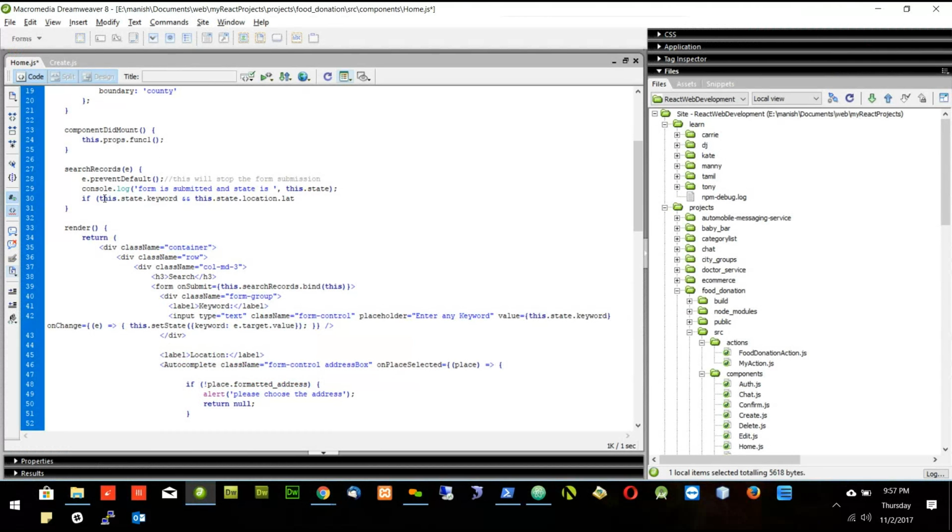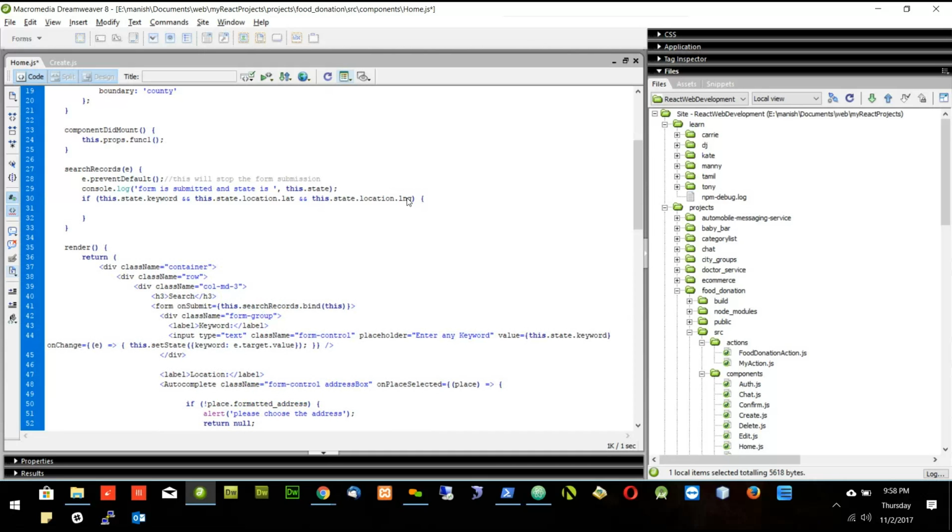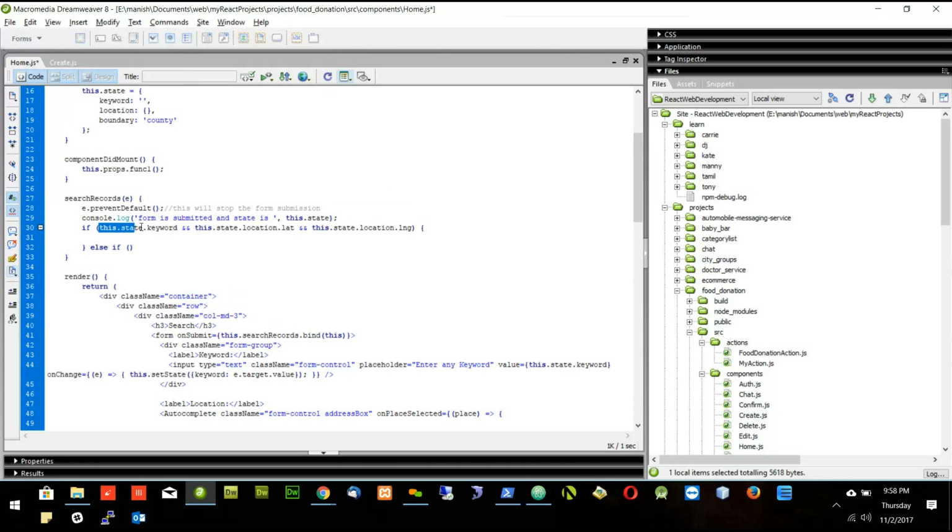So when we have keyword and latitude available, that means the user has submitted a keyword and has put the location also, and we'll take longitude also. So that means I have the latitude, longitude, and the keyword, and I will do something here. Or else, if the user will only put the keyword and will not choose the location, I can say this.state.keyword,